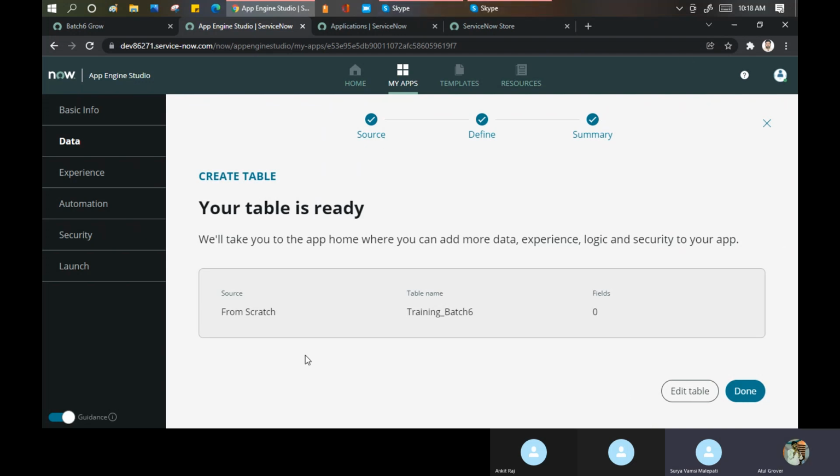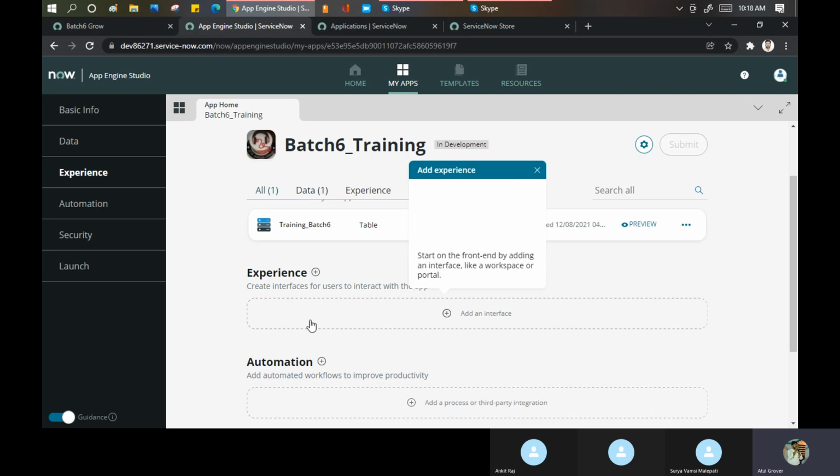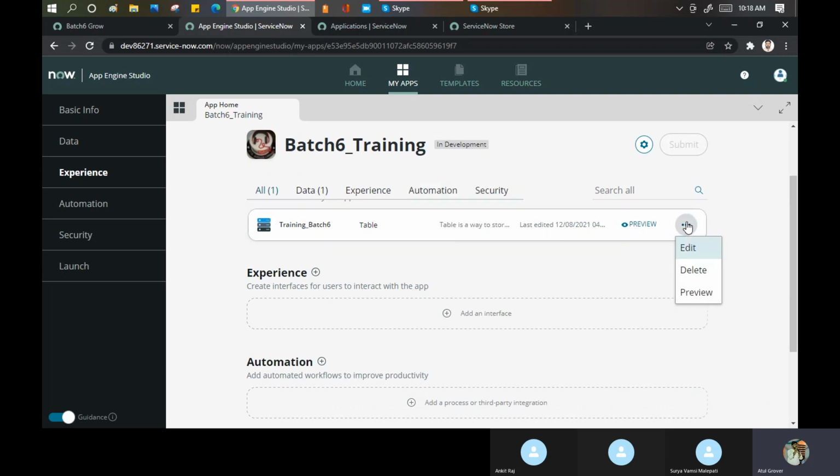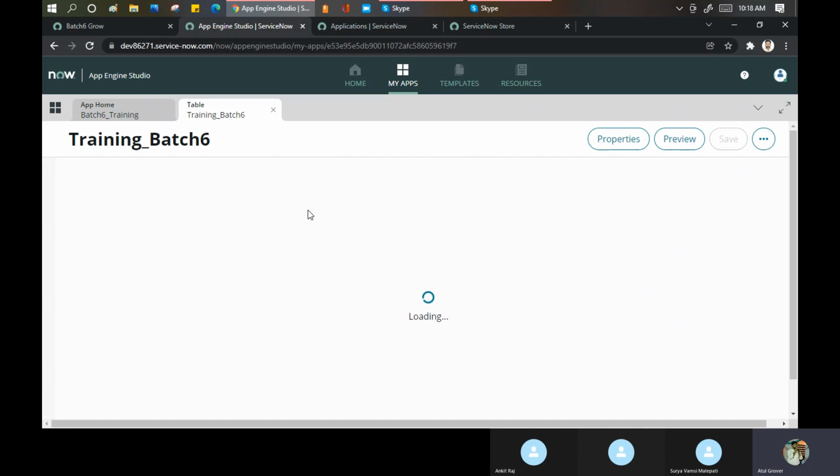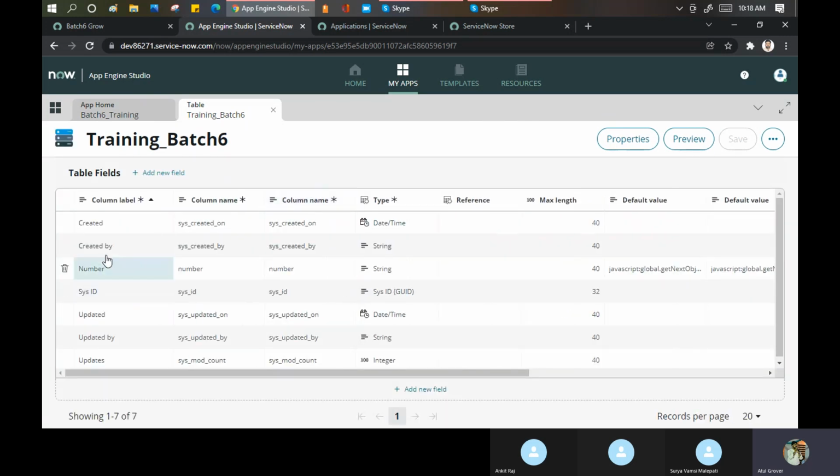Okay. Now, if you're done, then fine. If you want to edit the table, you can edit the table. Let me see it. If I click done here. Okay, let's create something in the table, otherwise nothing will happen. Let me edit the table here. I'll put 1. So 6 attributes will come by default. Updated by, created by, sys id will come automatically. That is the thing which we know from the beginning, when we saw the tables part. So now you can see.